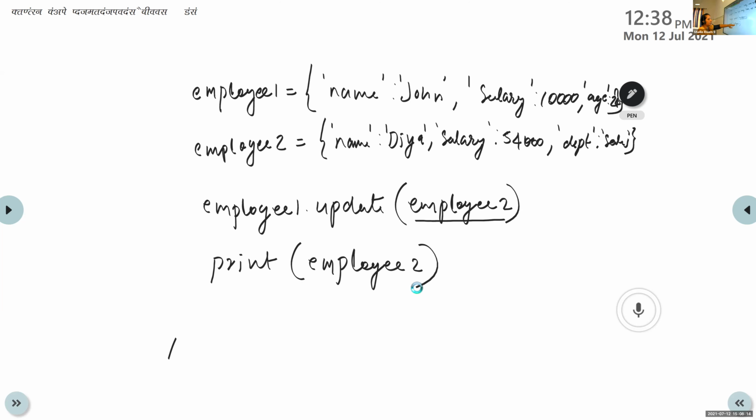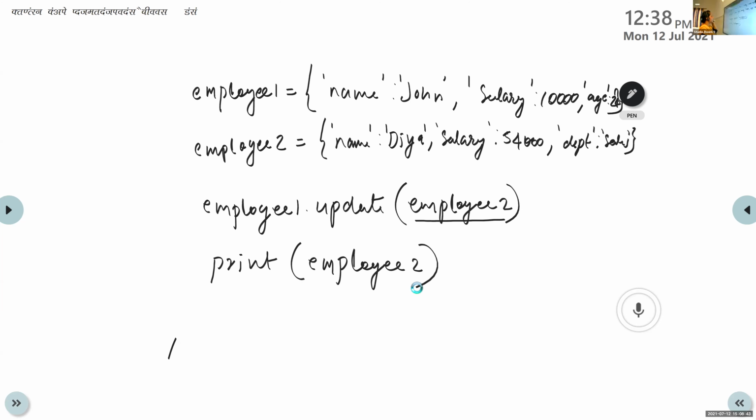There is no change in employee2 because we are updating employee1. Is it clear, Achyut? Yes, ma'am. So employee1 is updated with the values of employee2. If we give a statement like print employee2, it will just display the content of employee2. There is no change in employee2. Is it clear? Yes, ma'am.